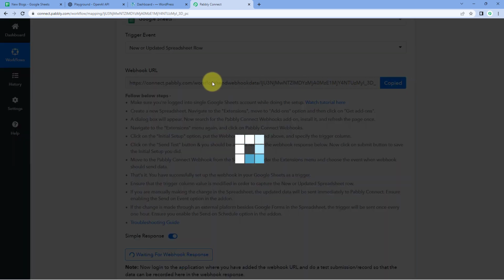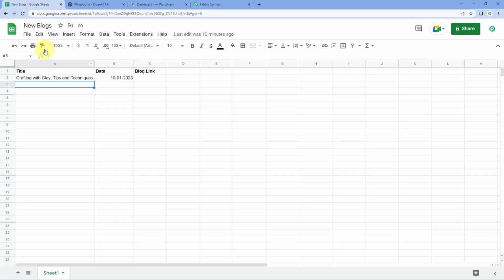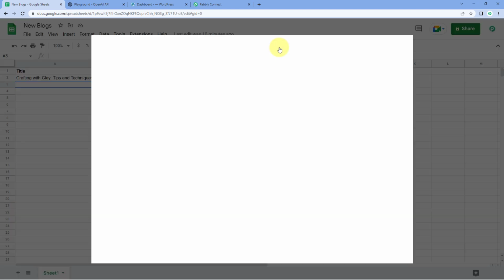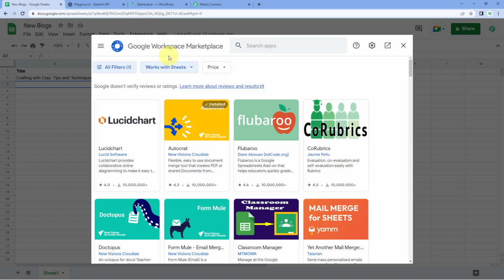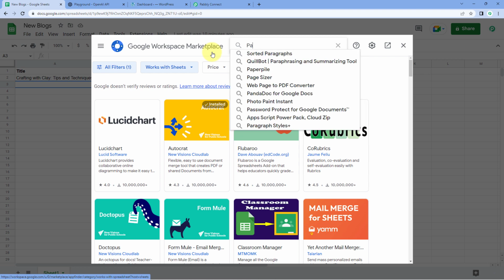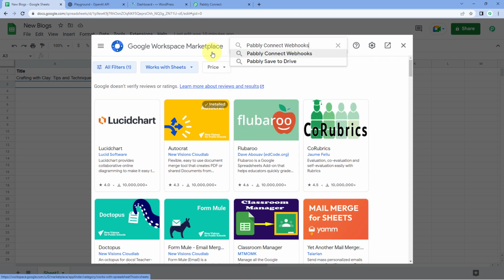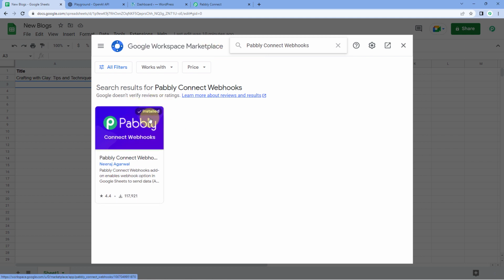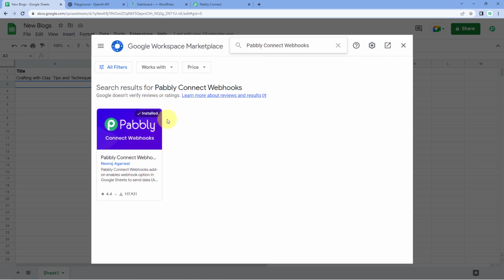Just copy this webhook URL from here and go to the Google Sheet where you are adding the titles or the topics of your blog. So this is my Google Sheet. After reaching your sheet, just go to Extensions, Add-ons and click on Get Add-ons. After clicking on Get Add-ons, we will reach Google Workspace Marketplace. And here in Search app, search for Pabbly Connect Webhooks. And as you can see, this add-on of Pabbly Connect Webhooks is already installed in my